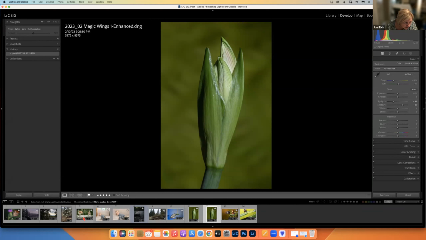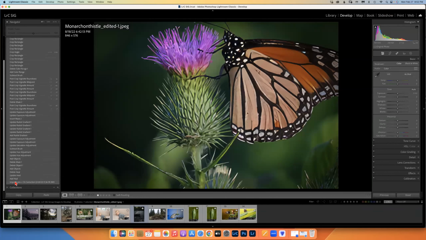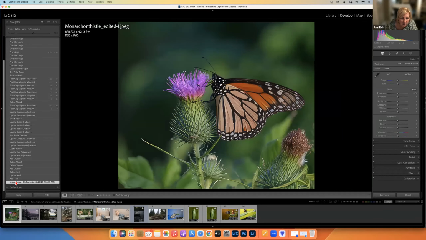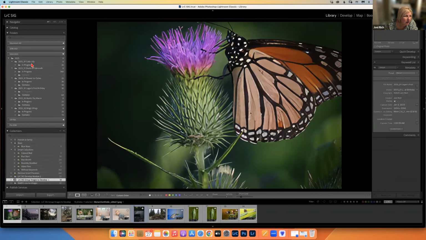But didn't we have an image in the last couple weeks that we brought into Gigapixel? I think it was the one we did last week, the butterfly. No, I think I did it before. I think it was a different butterfly. Okay. Yeah, hold on a second. I want to get back up here. Let's see if it was